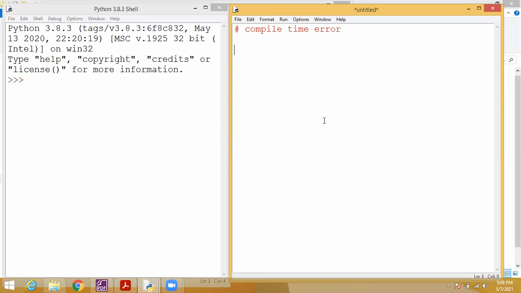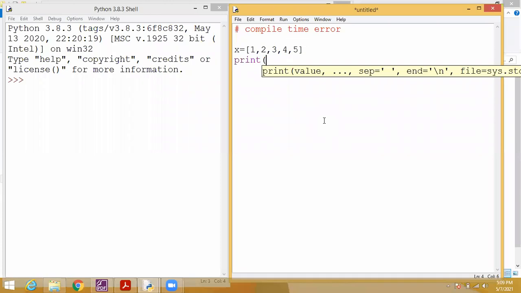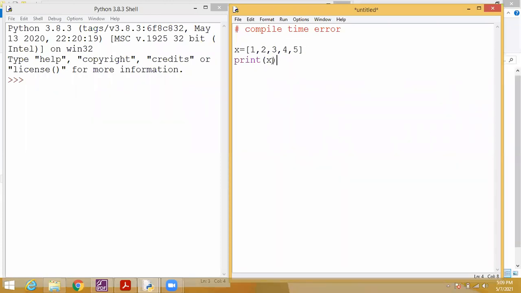For example, you know what this is? X equal to. Students, this is the program.